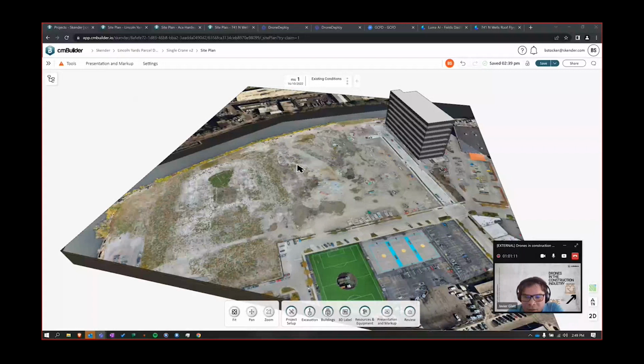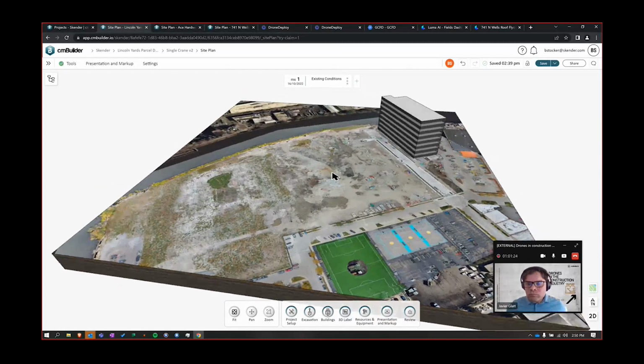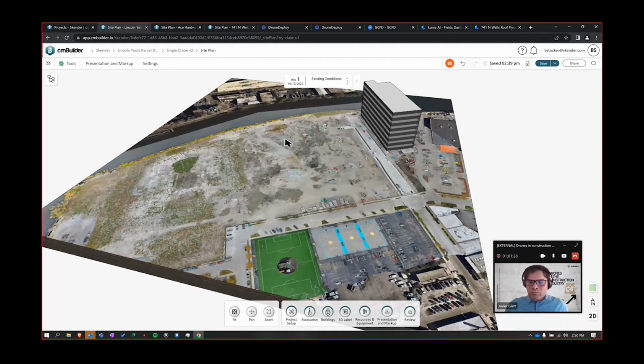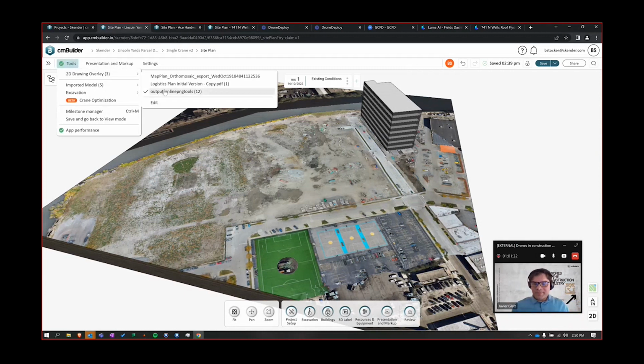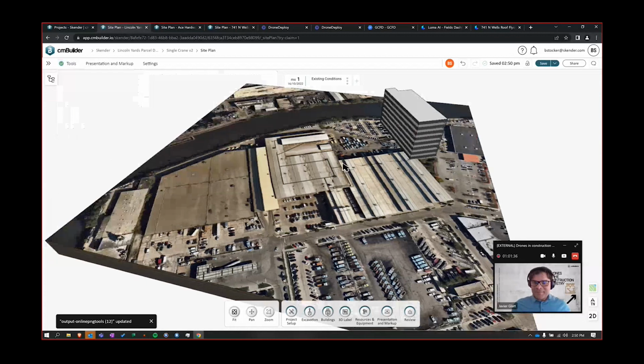This is in cmBuilder. So I do use DroneDeploy as well, just like Wilson, but then here I want to show how all this benefits in cmBuilder as well. So here we have the start of a logistics plan in cmBuilder, but I want to show you a little back and forth here of what this looks like if I hadn't taken a drone survey of this site beforehand. So I'm going to turn off that layer, and here's the most recent satellite imagery of this site,